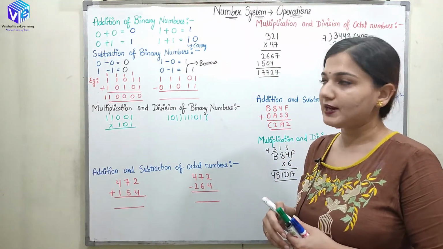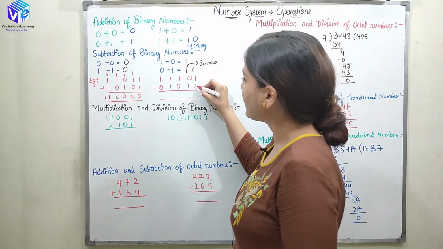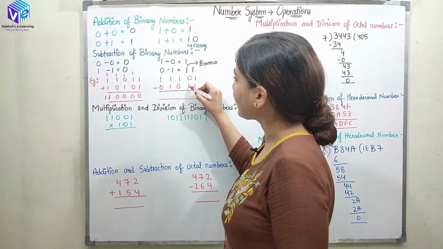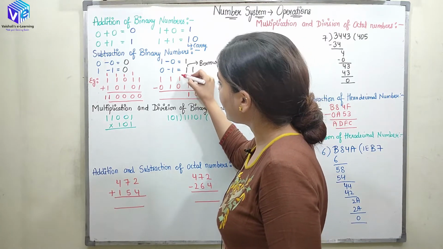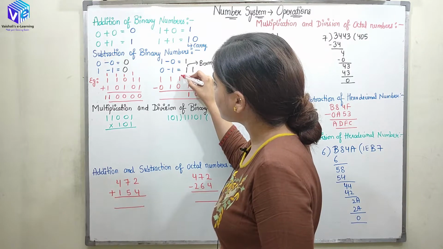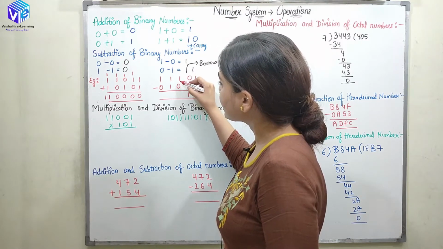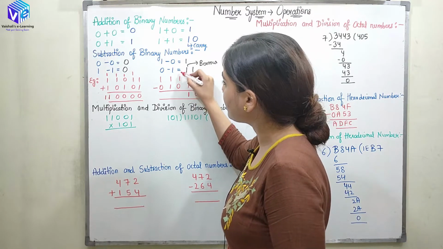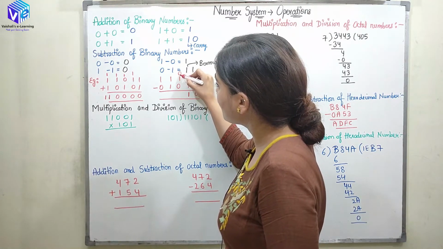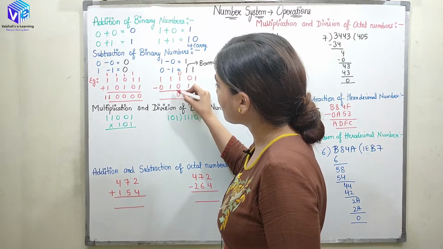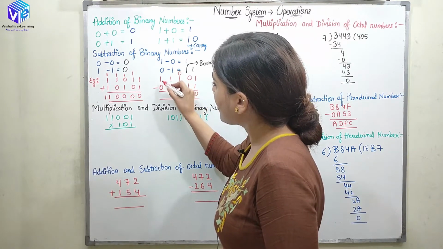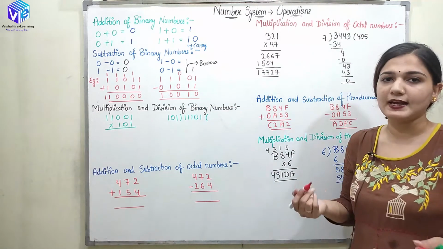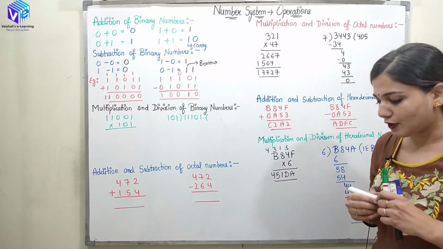Now coming to the subtraction. Here when 1 is subtracted from 1, I will be getting 0. When 1 is subtracted from 0, I will be getting 1, but it is borrowed. This 1 is borrowed from here. So 0 is left because 1 was borrowed here, 0 is left, and instead of 1 I can put 0. 0 minus 0 will be 0. 1 minus 1 would be 0. Now 1 minus 0, it is 1. This is how simply I can do the addition and the subtraction operation.